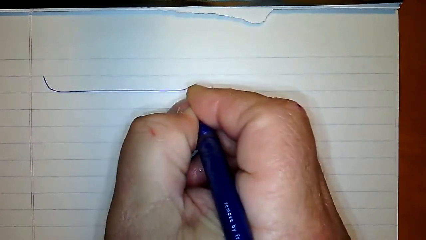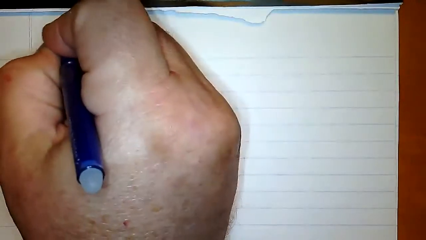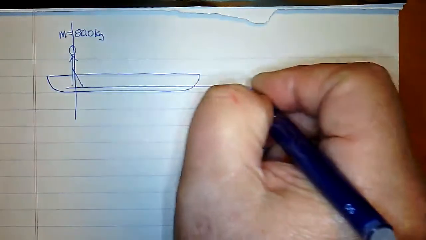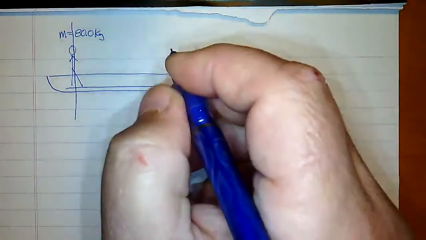So what we have here is what I'm going to treat as a canoe, which maybe looks like this. And I'm going to use really nice little numbers, make life kind of easy. In fact, I'm going to say that one person is right here, and they have a mass little m, and that little m is 80.0 kilograms. I'm even going to put the center of my coordinate system right at the location at which that person's standing in the boat. And the x-axis, of course, will be over here.